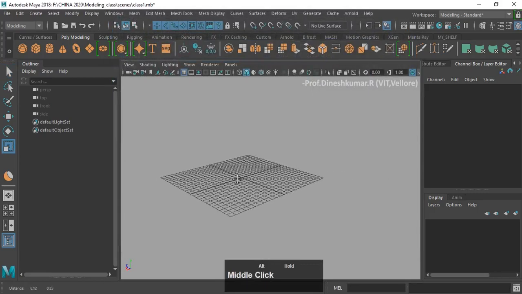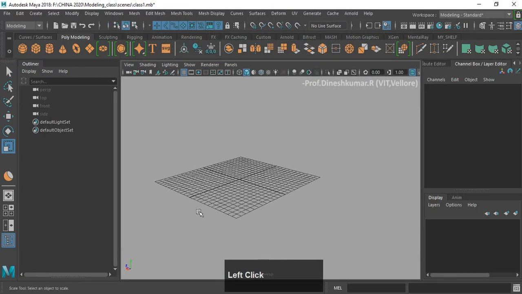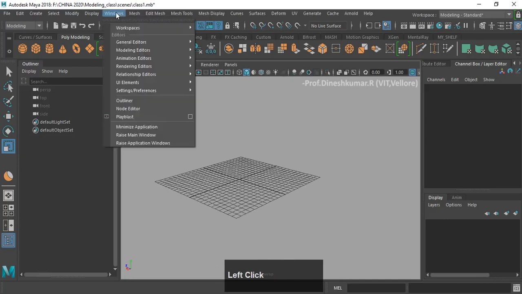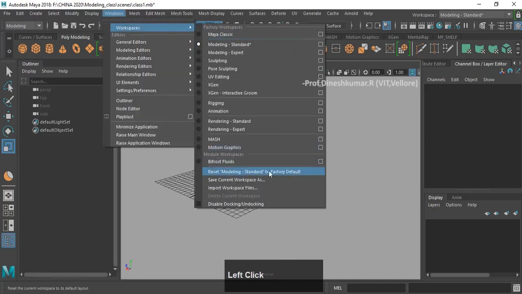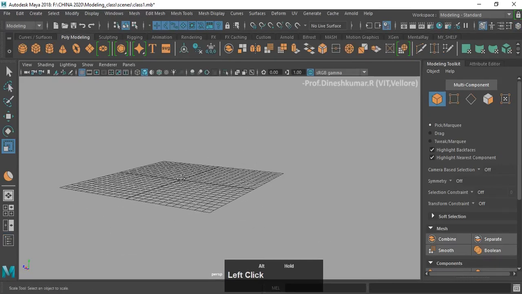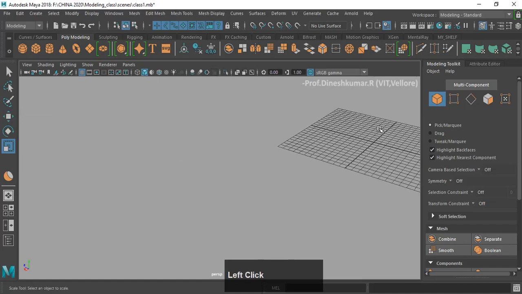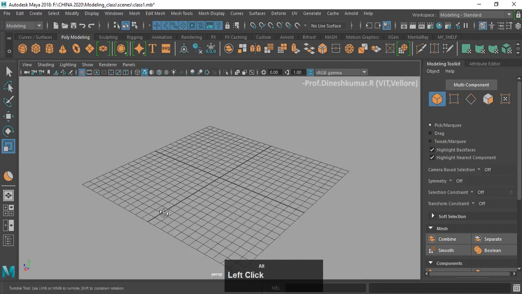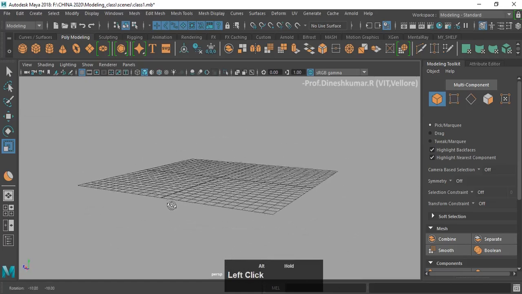The first thing we're going to do is create some objects and work on the interface. First, Window, Workspaces, reset Modeling Standard to factory default. So this is the modeling interface here. If you feel the grid is somewhere off position, just press F and it will come into focus. Yeah, that's good. Now the next one is